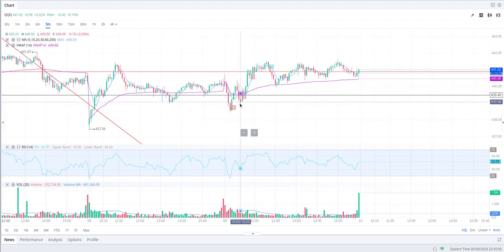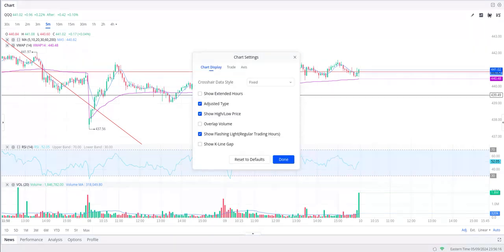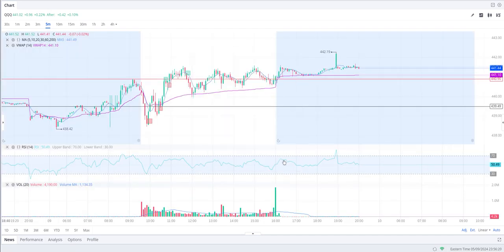Before I go into my entries, I'm going to show you what I was talking about: generally, the pre-market price action will dictate the range that Qs will be trading in, high or low, right? So on Webull, if you go over here to your settings, you control extended hours. Bam, right? So pre-market and aftermarket are in blue. So we look here,